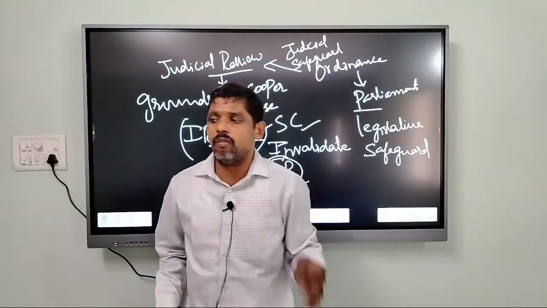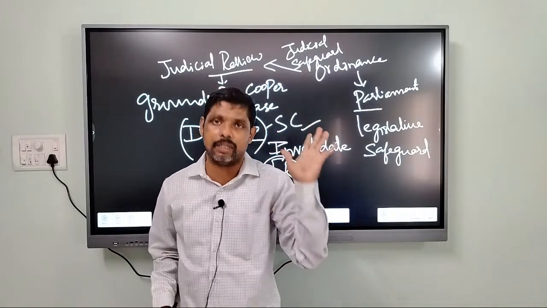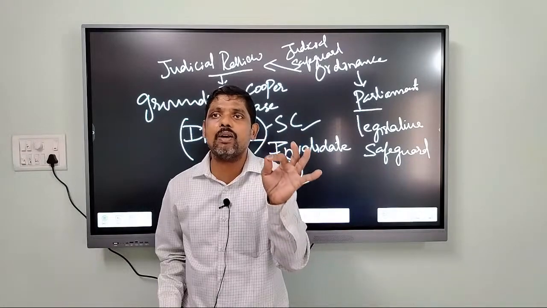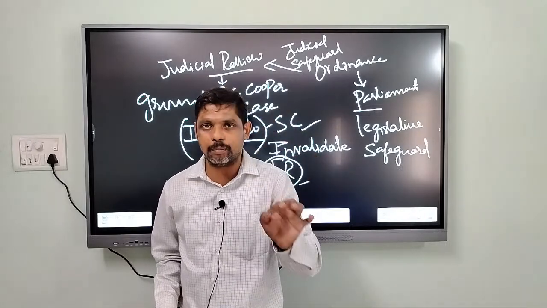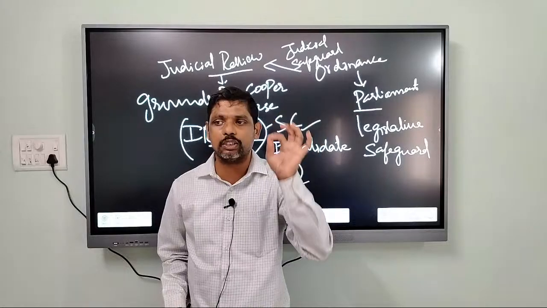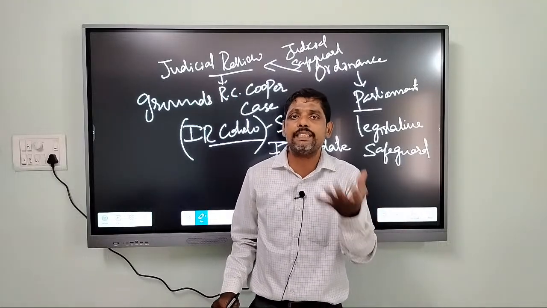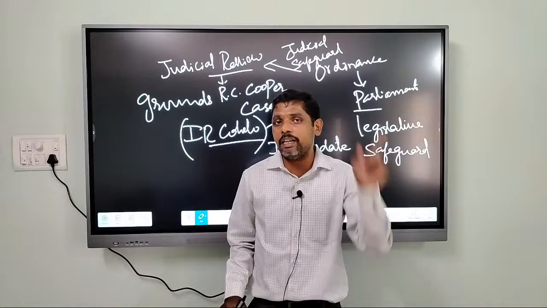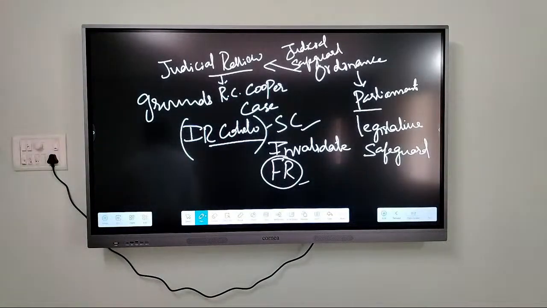Not only an ordinance, whatever bill Parliament thinks is important for the government, if such a bill is defeated or rejected, definitely a no confidence motion can be introduced. Whether it is an ordinance or any bill, if the bill is deemed to be important for the government of India and is rejected on the floor of the House, it can be a ground for introducing a no confidence motion.